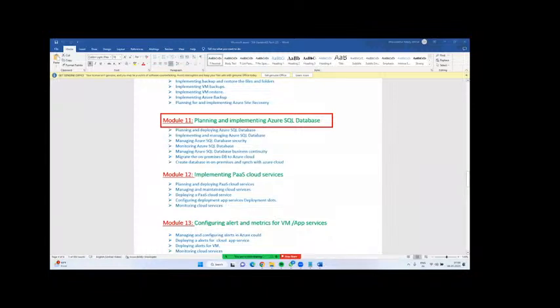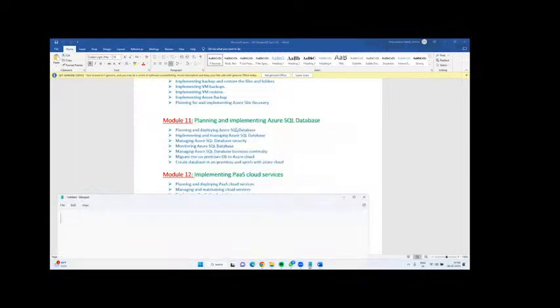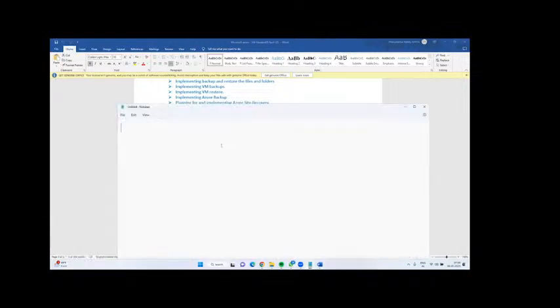See guys, generally we have two types of database for Microsoft SQL Server. One is Microsoft SQL Server on premises. Next, Azure SQL Server, that is the Azure cloud.